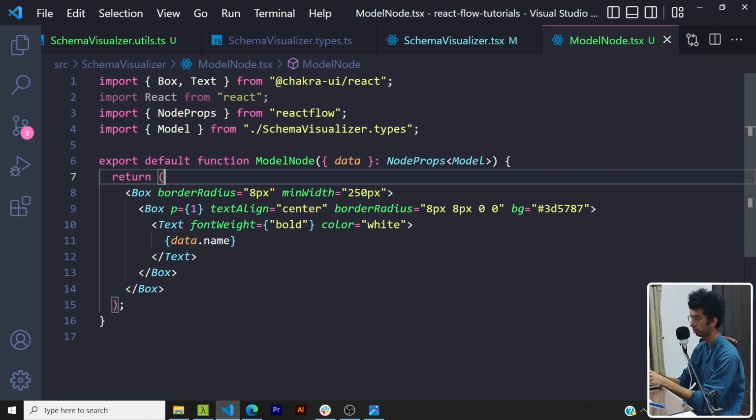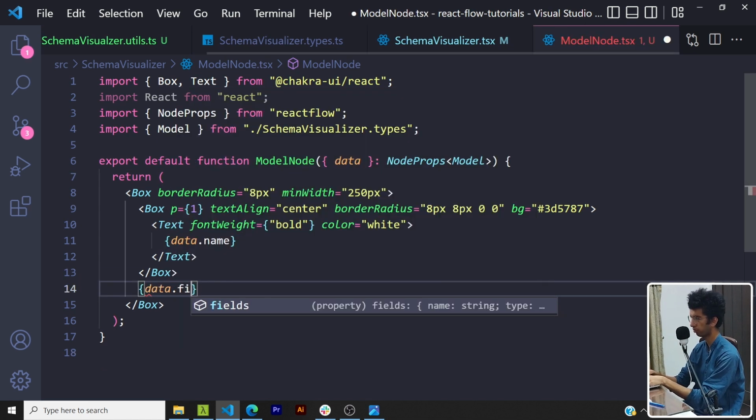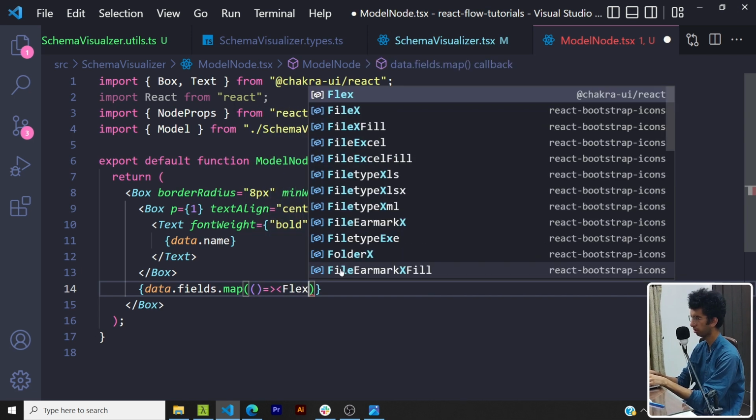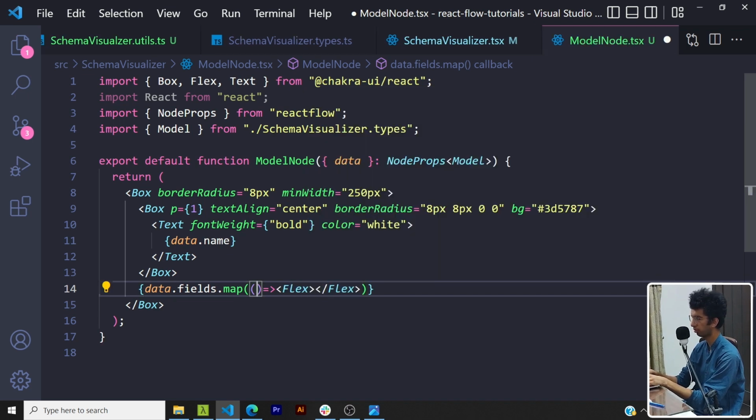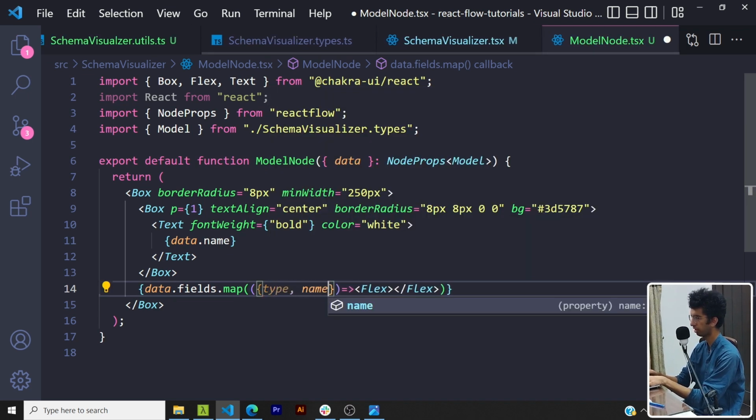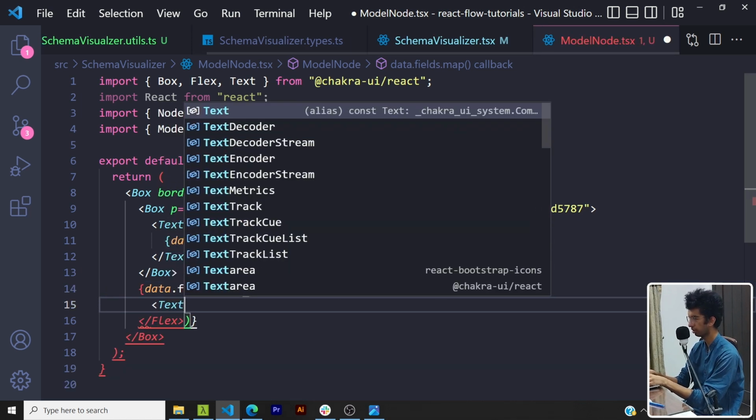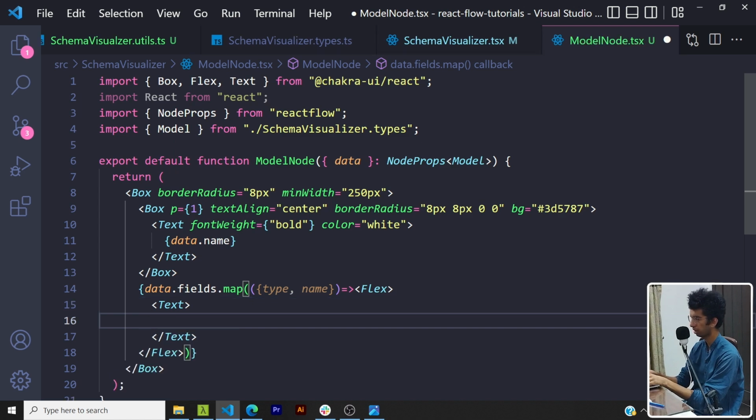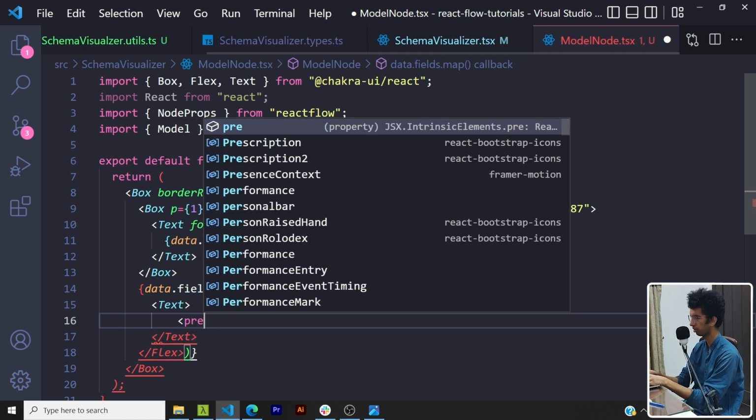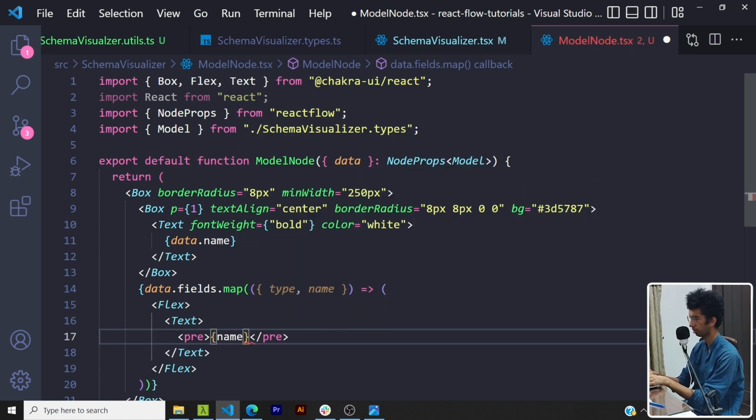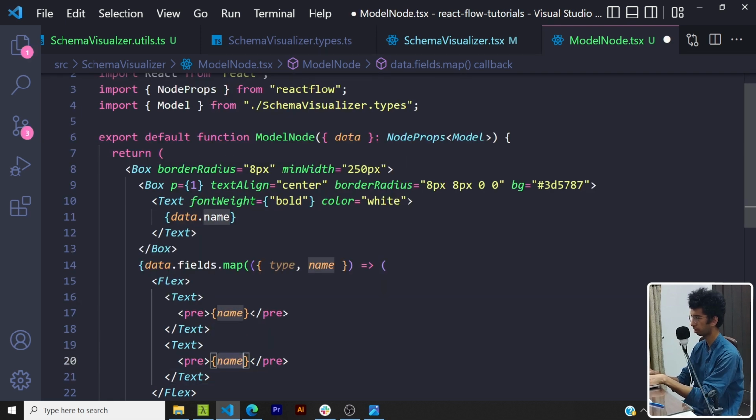Now let's add the remaining stuff for the fields. So here I'll say data.fields.map. I'll get some stuff here. So I'll import flex from Chakra UI React. Here I would get type and name. Inside this flex I will have text. Then inside this text I will use the pre tag to give it a coded look, and here I'll say name. Same case here, I'll say this should be the type, and here I'll say justify content